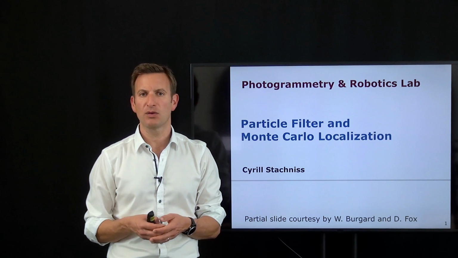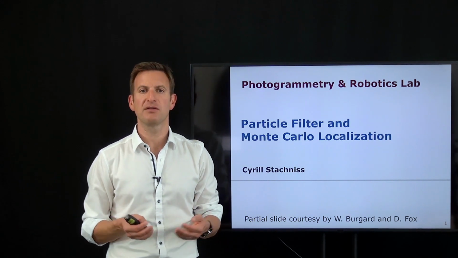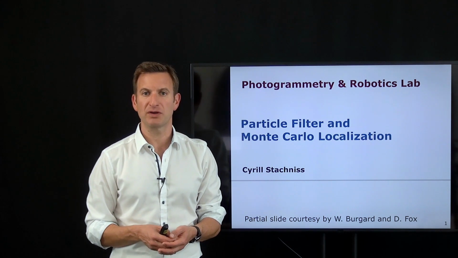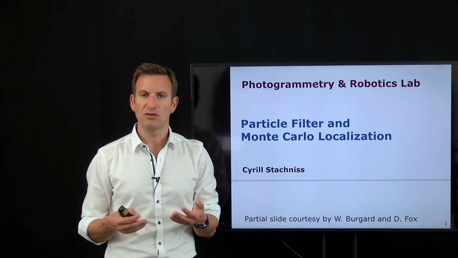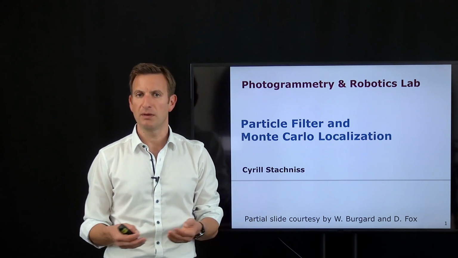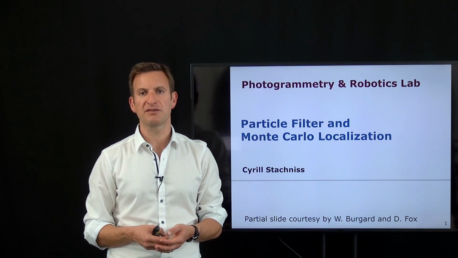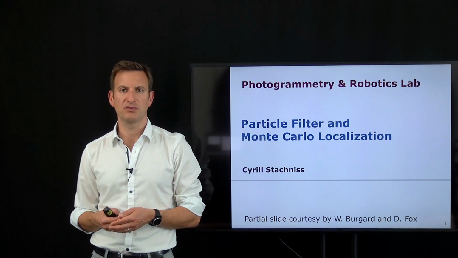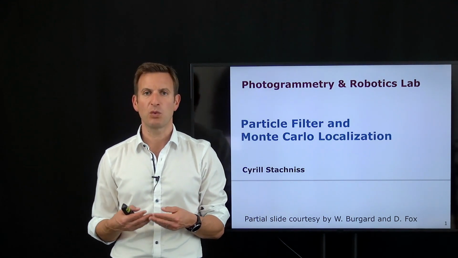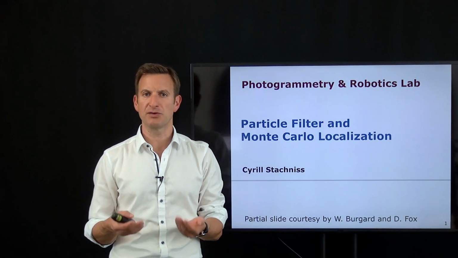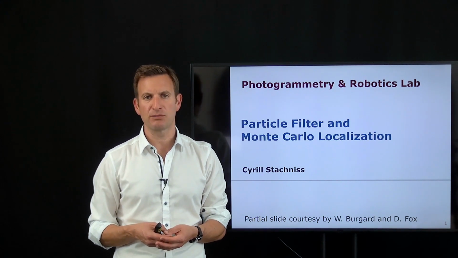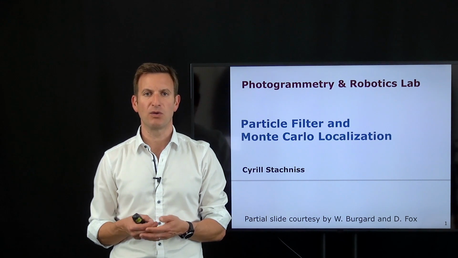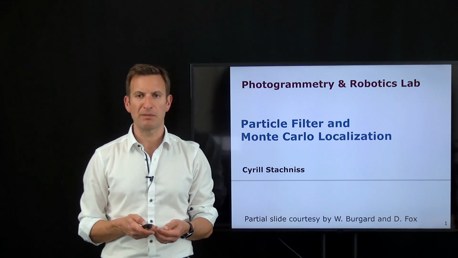And we again are looking into a special variant of this localization problem where we are not restricting ourselves to parametric probability distributions. If you look into localization using a Kalman filter or an extended Kalman filter, for example, you will be restricted to Gaussian distributions. And that's an assumption that we want to relax today and talk about an alternative way for representing the probability distributions and realizing a Bayes filter in order to estimate the position of a mobile platform.